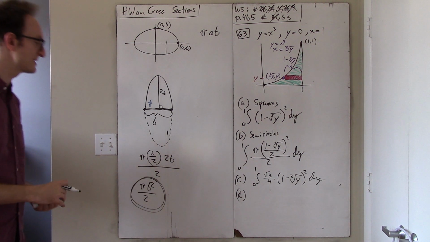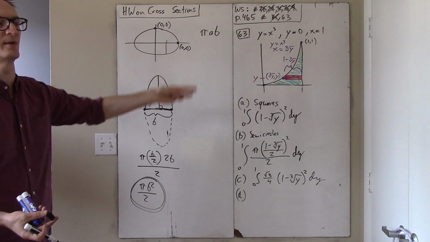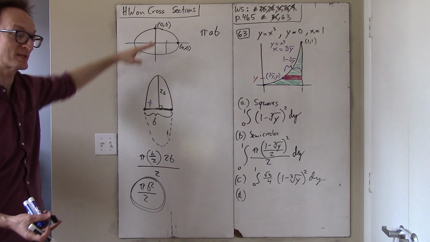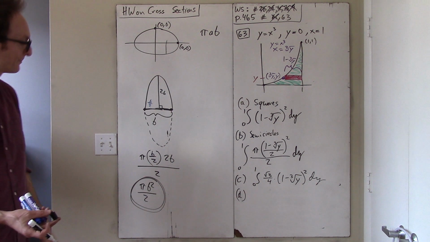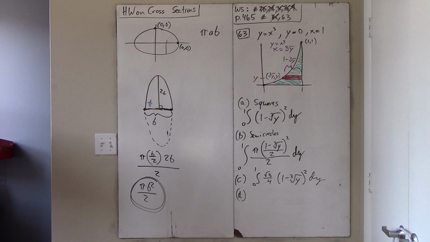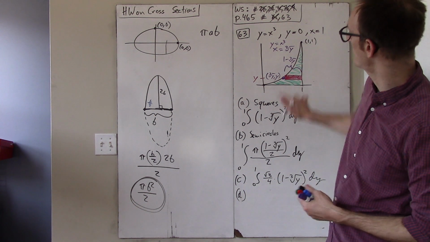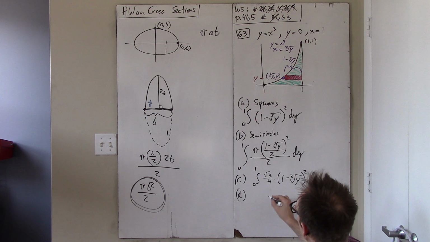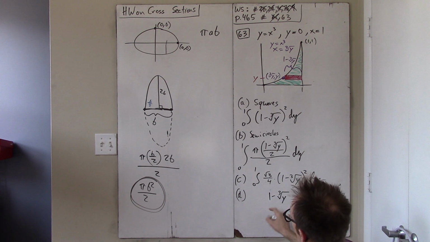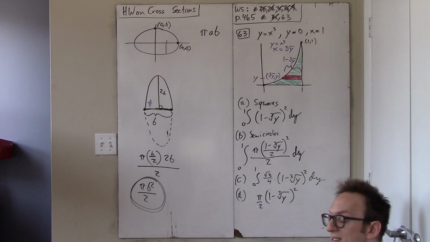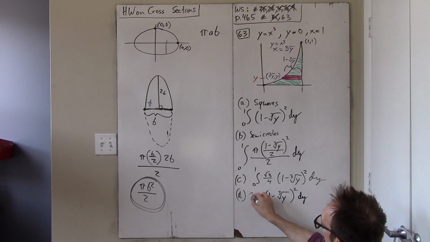So in other words, if a semi-ellipse has base b, which is really like the minor axis of the ellipse, and the semi-major axis of the ellipse is twice that, then the area of that semi-ellipse will be pi b squared over 2. Okay, good, because the b in this case is just the length of that red line. So I take 1 minus cube root y, that's b, I square it, multiply by pi over 2, and that is the area of one of these semi-ellipses. Now I multiply by dy, and I integrate up the y-axis from